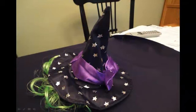I bought this little hat for my dog for a Halloween costume. It's a little witch's hat with green hair. It's actually made for a cat, but my dog has a really small head. But then I thought, well, all right, I'm going to make a cape for her myself, and I'll show you